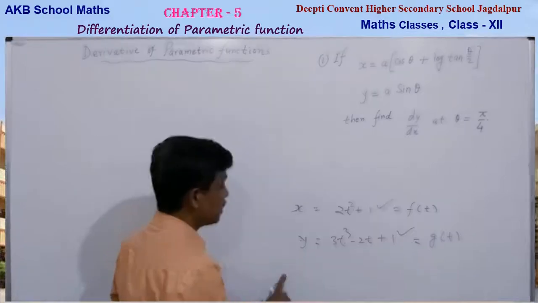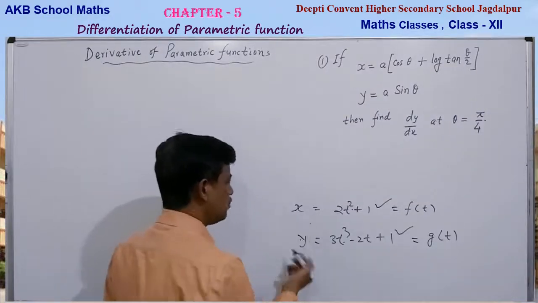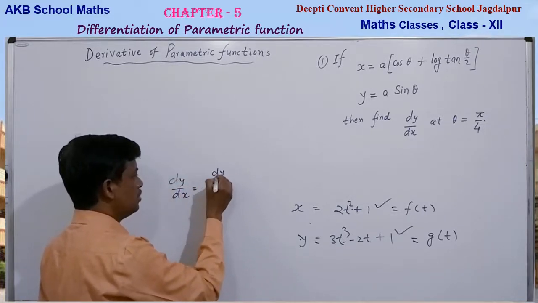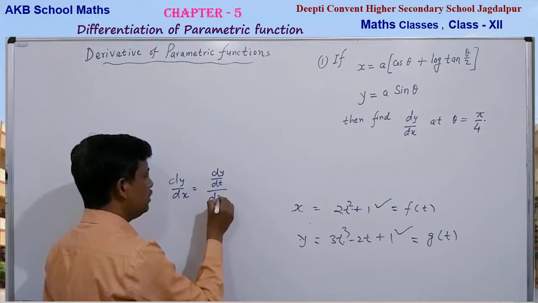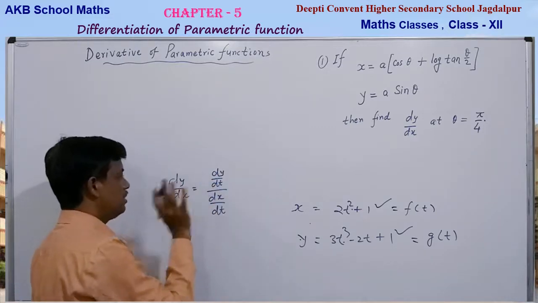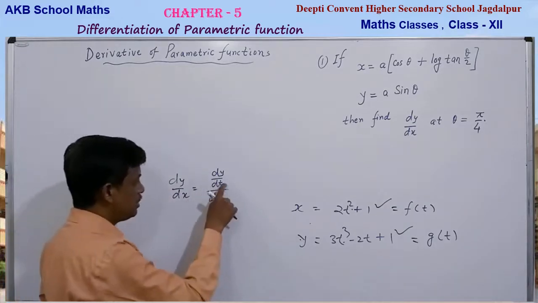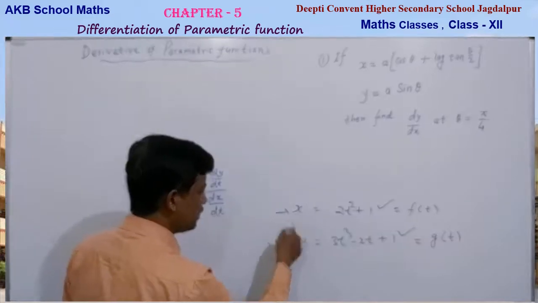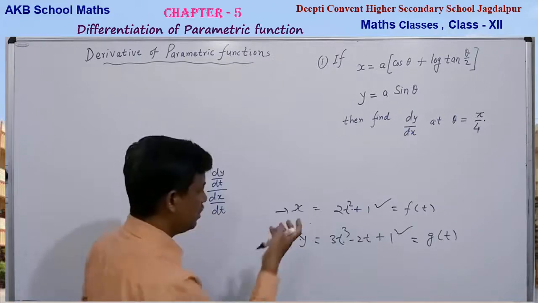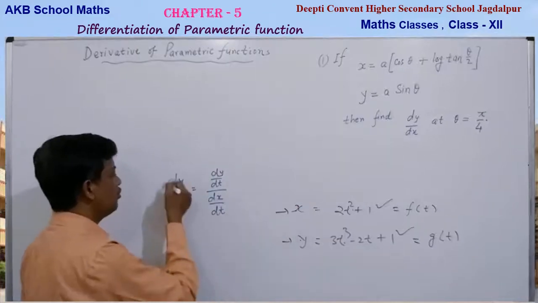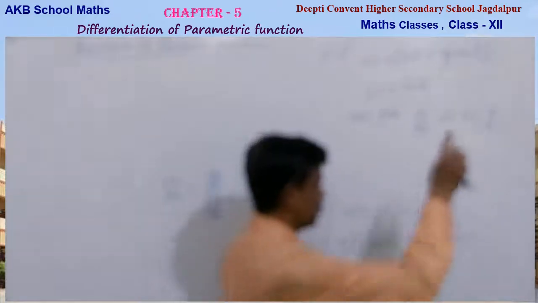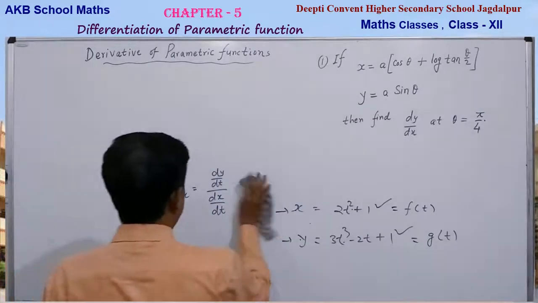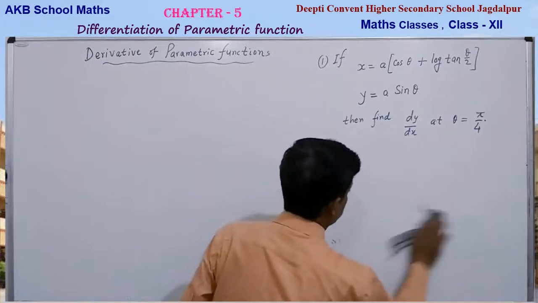So how to find the derivative of a parametric function? If it is in the form of t, we can write like this: dy upon dx equals dy by dt upon dx by dt, because y is in the form of t, x is also in the form of t. So separately you have to find dx by dt and dy by dt simply by differentiating, and then putting these values in here, you can get dy by dx in terms of t. If for a particular case, then you can put the value of the parameter. Okay, so here we are finding the derivative at theta equal to pi by 4 in these questions.